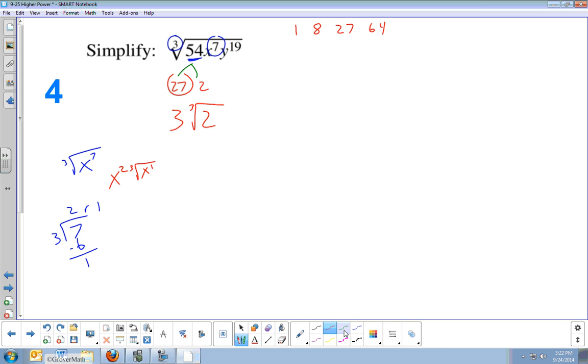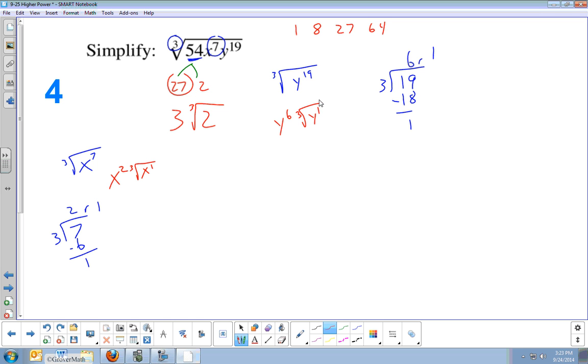Y to the 19th. Let me do this one over to the side too, and then I'll put it all together. So the cubed root of y to the 19th. Well, I'm basically doing 19 divided by 3. And so let's see, what's a multiple of 3 close to 19 would be 18, right? That's 6. All right, 3 times 6, 18 with a remainder of 1. So 6 remainder 1. That means it's going to reduce to y to the 6th with a cubed root remainder